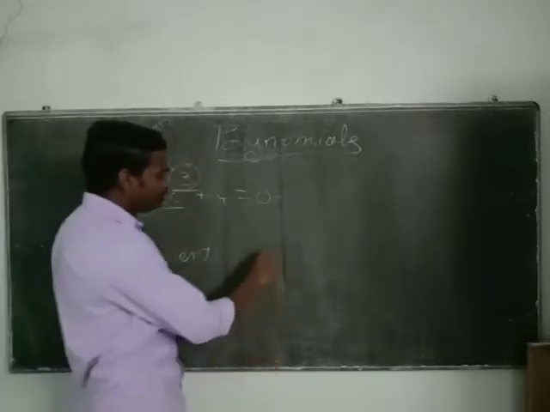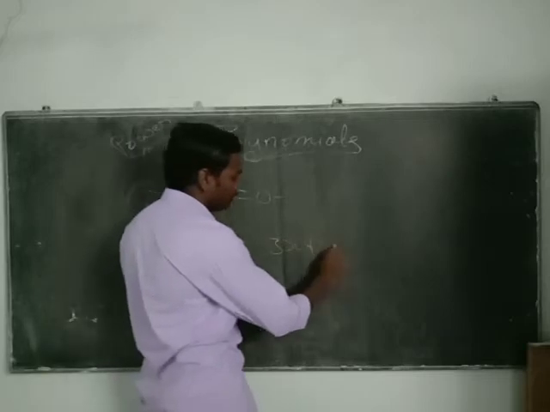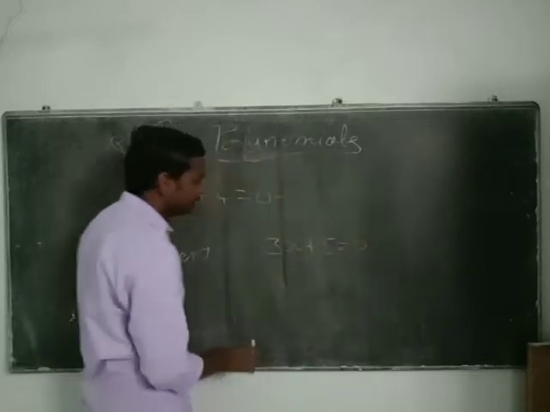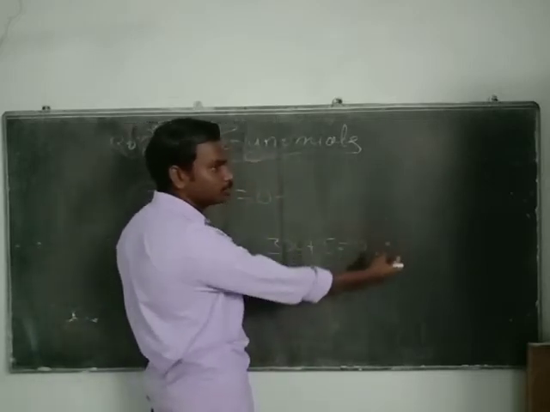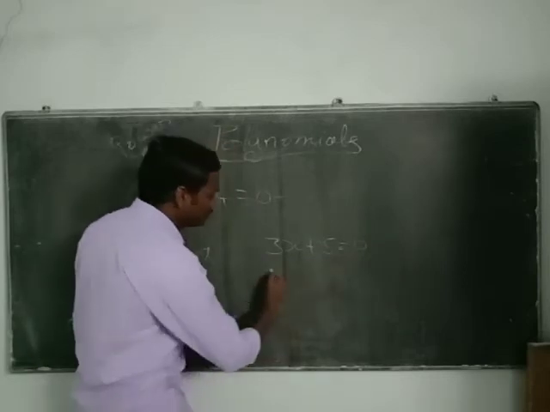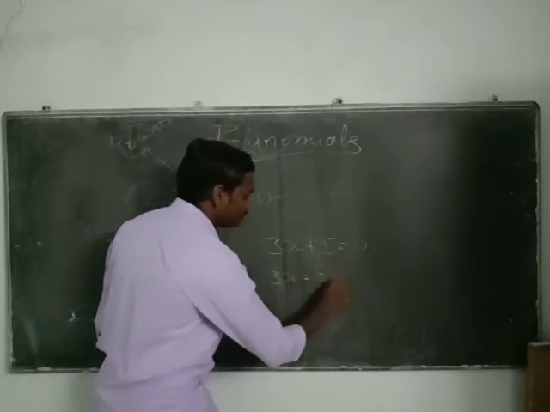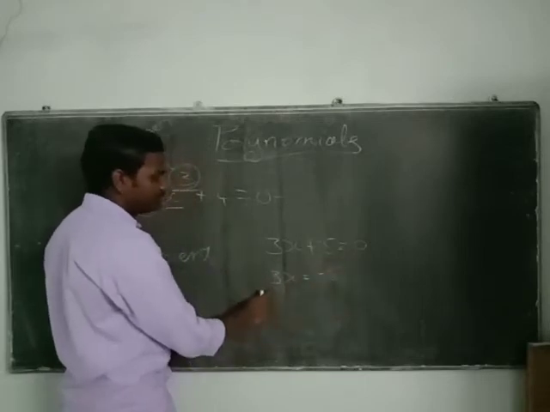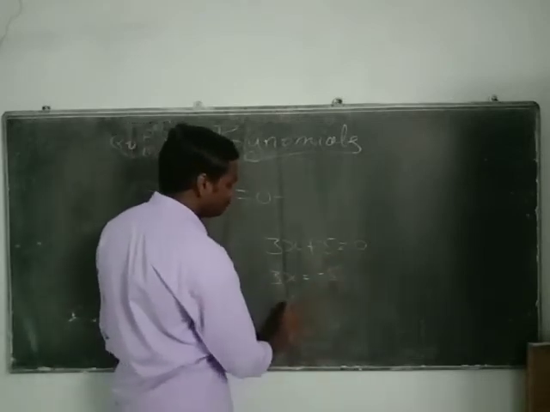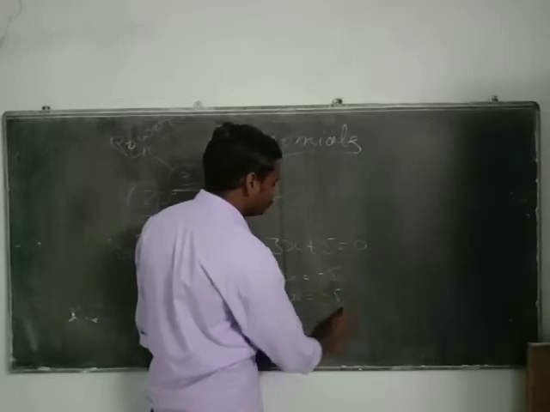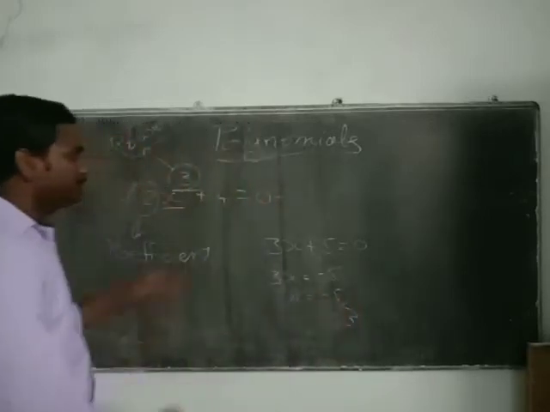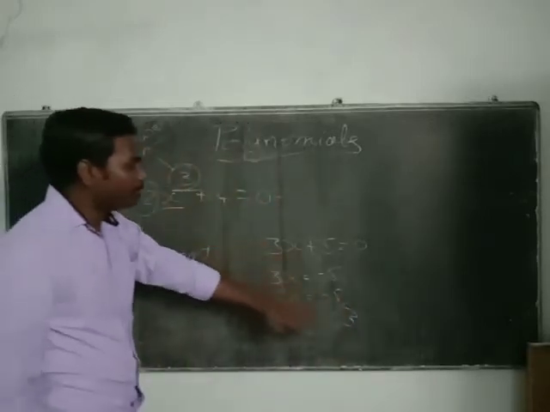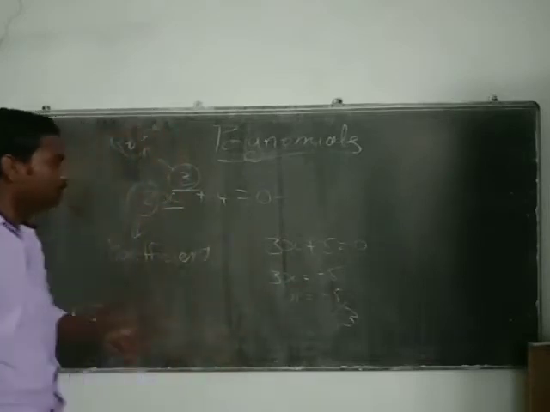If it is simply given as 3x plus 5 is equal to 0, I can write it by taking plus 5 to the other side of the equal to, we will get 3x is equal to minus 5, and by changing 3 to the other side as it is in multiplication, we will get it as minus 5 by 3. So these are the basic things. If it is not having any power, that's simple to solve.